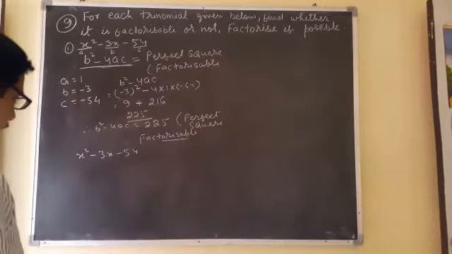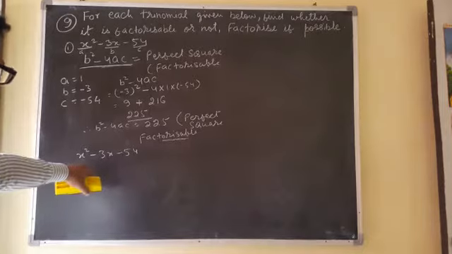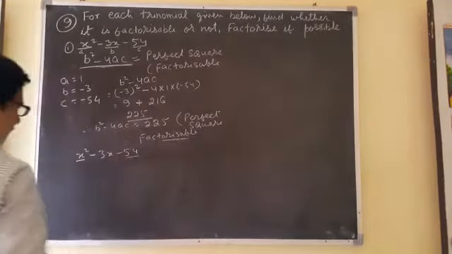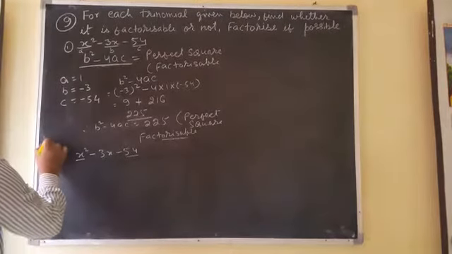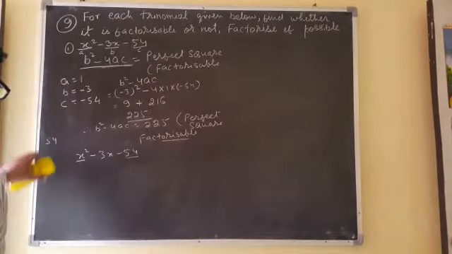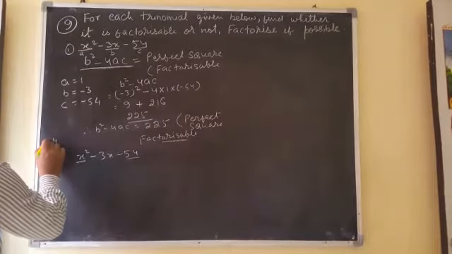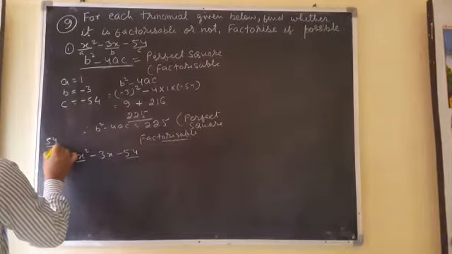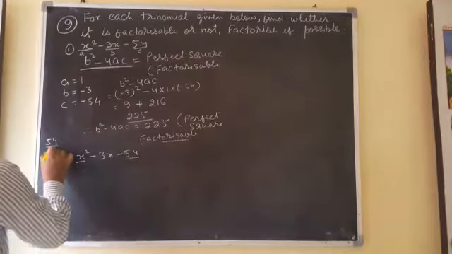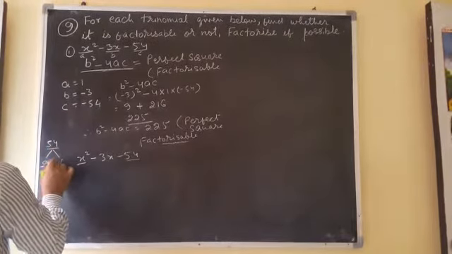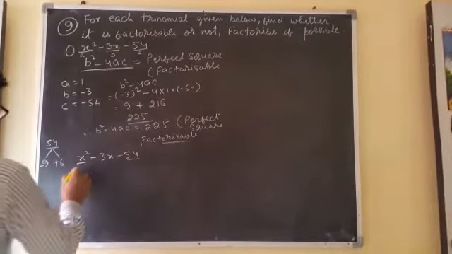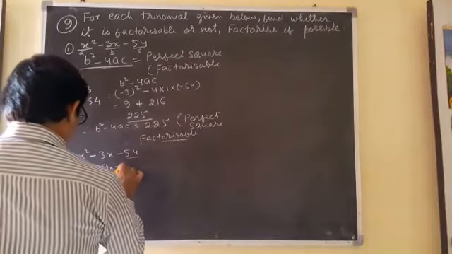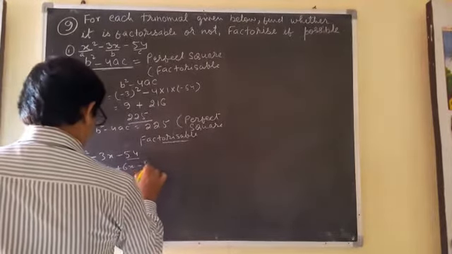For factorization, again here we will take the help of middle term splitting. For that we have to multiply their extreme terms. Let us multiply, 54x square. Now we have to split this 54 into two parts, such that their sum must be minus 3. So we can write here 9 and 6 are 54, and minus and plus, that is equal to minus 3. So we'll write x square minus 9x plus 6x minus 54.